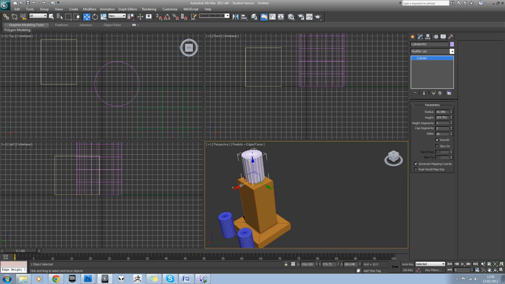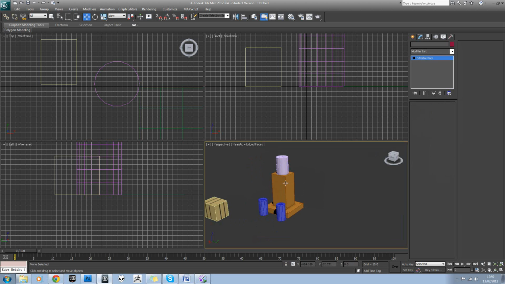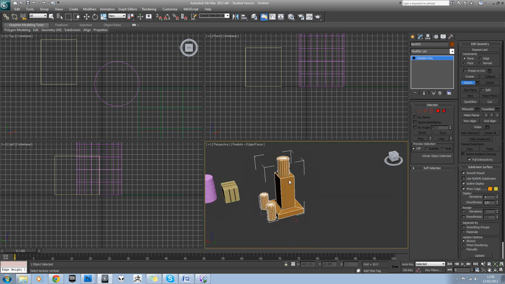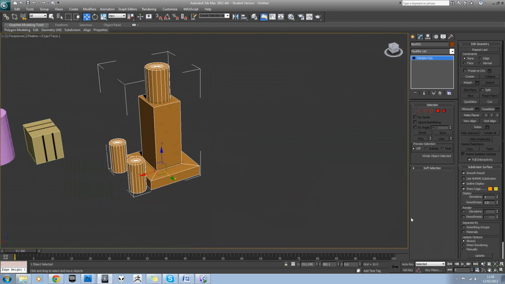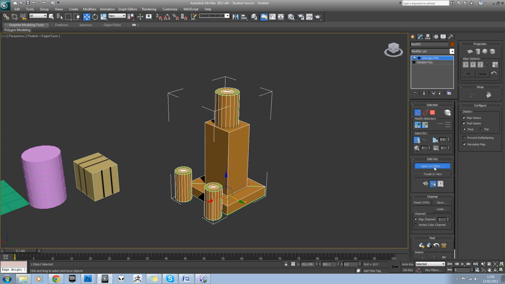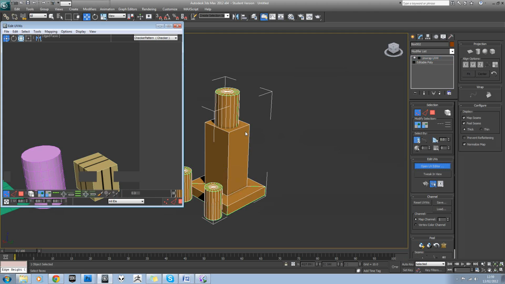Okay, so we'll just plonk this on top of here and just leave it like that. So select this model here, go to attach and just attach each of these. Okay, so here's our basic model we're going to unwrap. So if we apply an unwrap modifier, open our UV editor